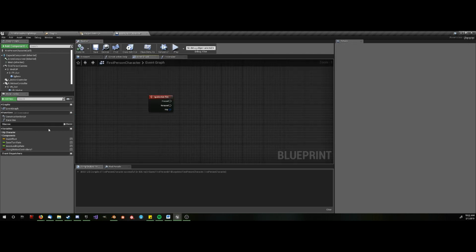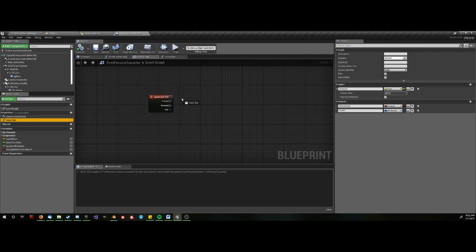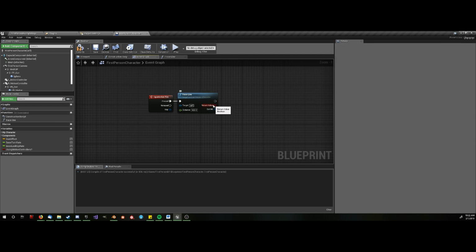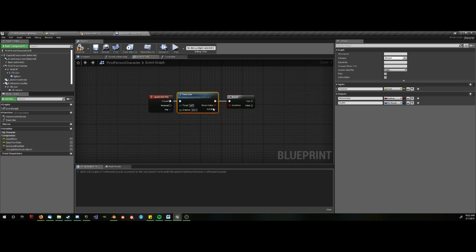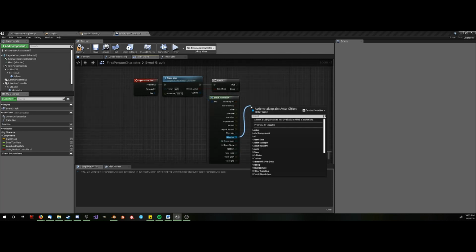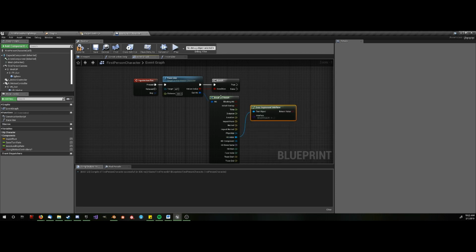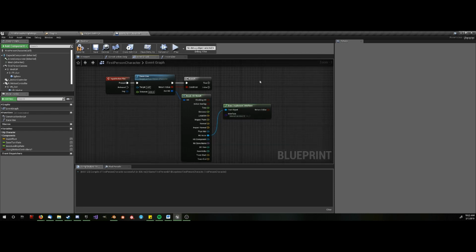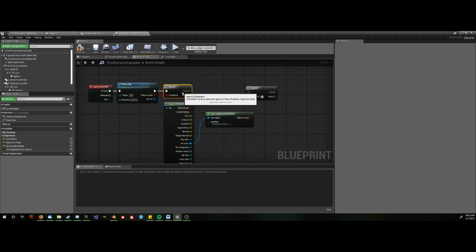Now, in the event graph, we will want to use this trace line function, and then hold B, click for a branch, connect it to the return value, break our hit results, get our hit actor, does implement interface, interaction interface,